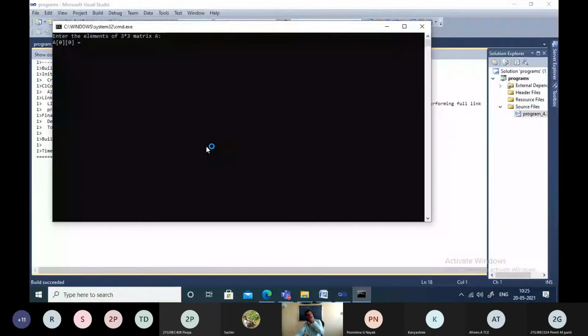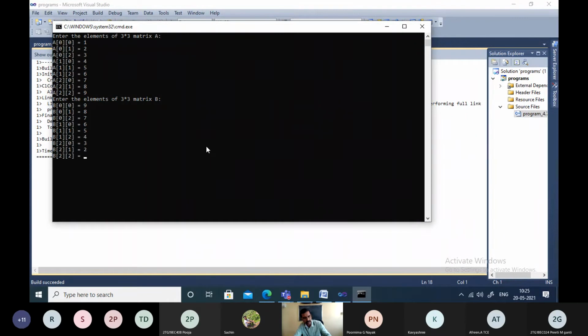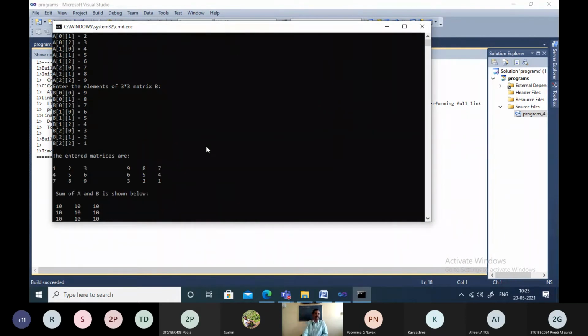Now we are asking the user to enter the elements of matrix A. The input values for matrix A are 1 to 9: 1, 2, 3, 4, 5, 6, 7, 8, 9. Elements of matrix B are 9, 8, 7, 6, 5, 4, 3, 2, 1. What is the sum? The two matrices are displayed with tab and backslash n for simplicity: A, B, and this is the resultant matrix.